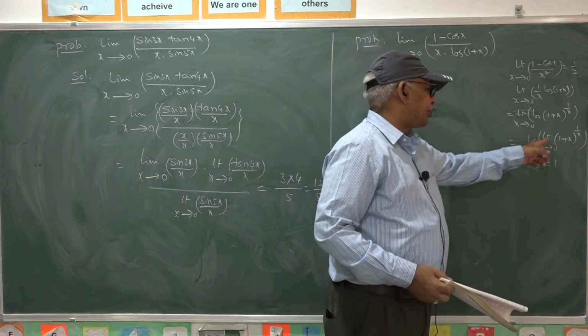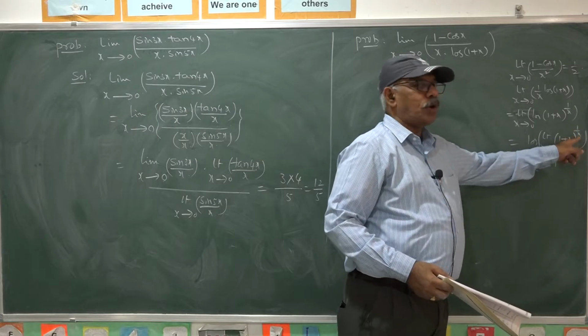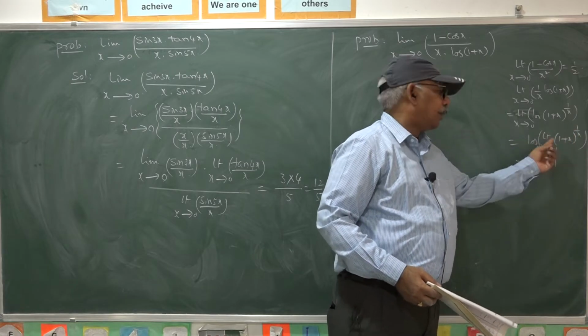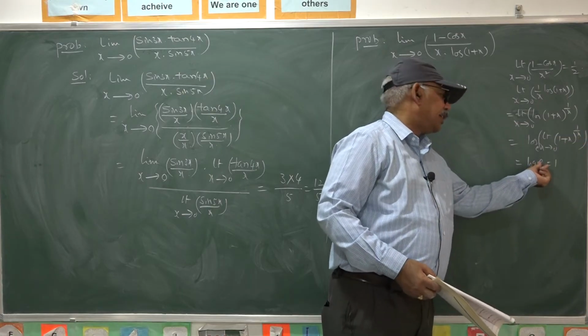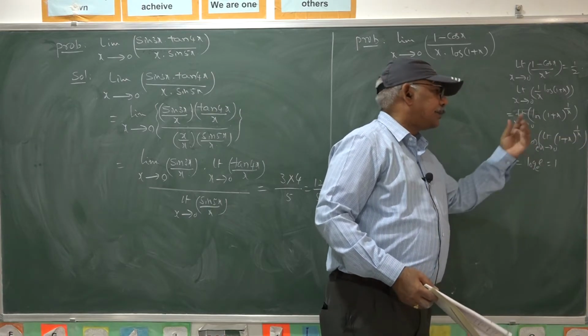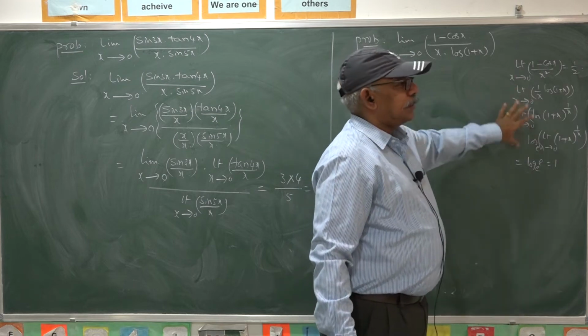This is our formula. Limit as x goes to 0, 1 plus x whole power 1 by x form, that is e. So log e to the base e, that is 1. Apply these two